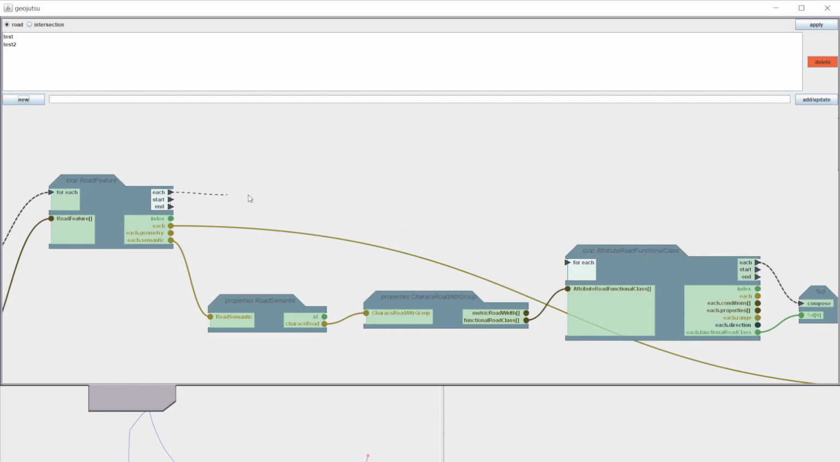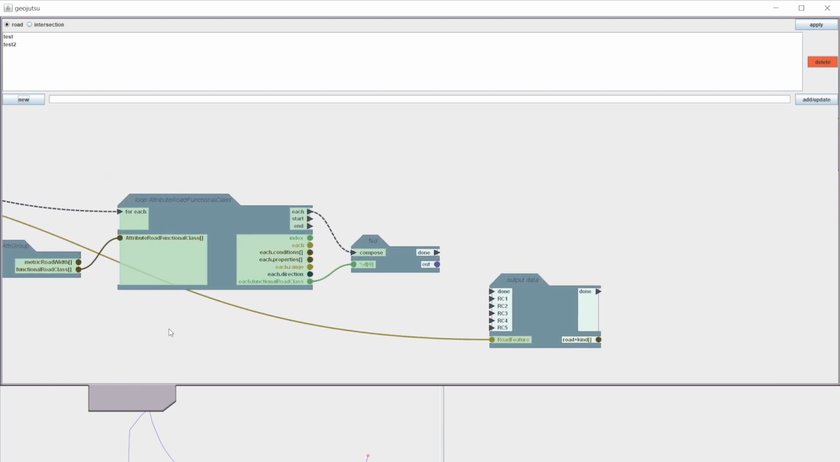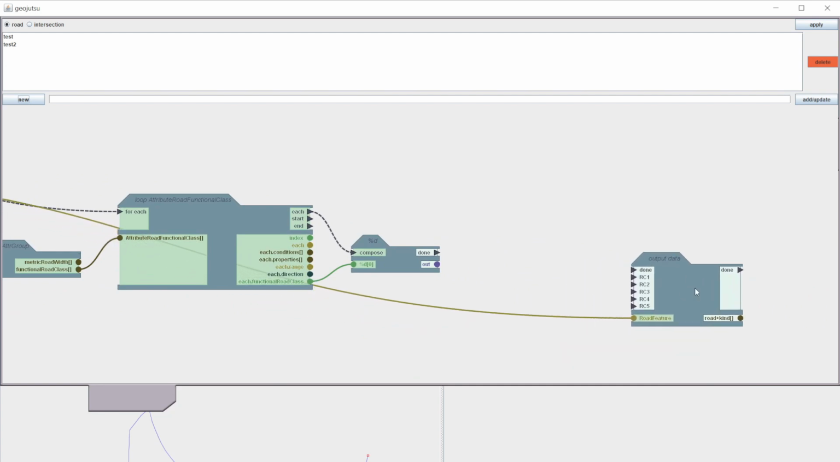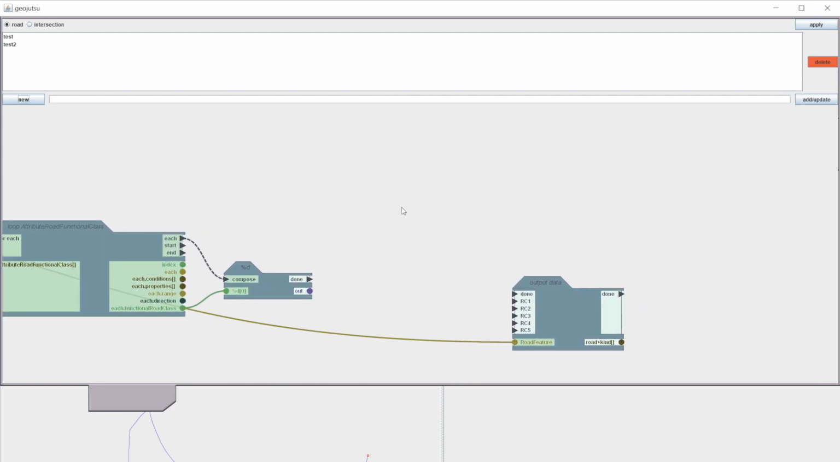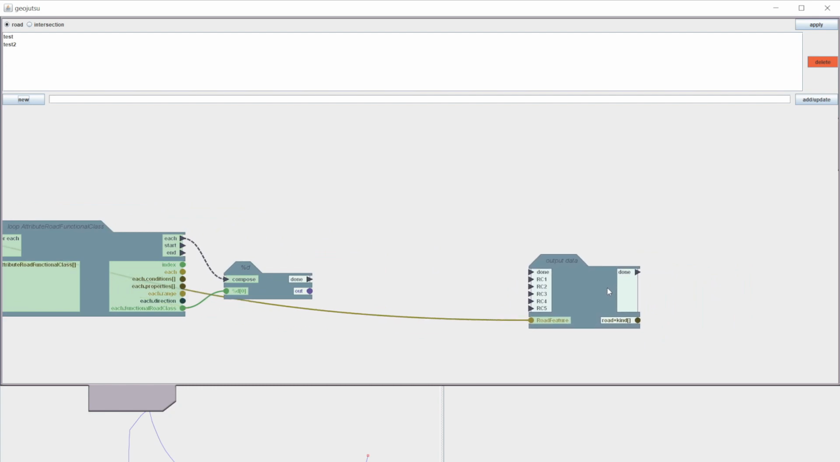Shall invocate other loop. The first loop is along road feature, and the second loop we have is along the road functional class distribution. Two loops. Okay, good. And now let's